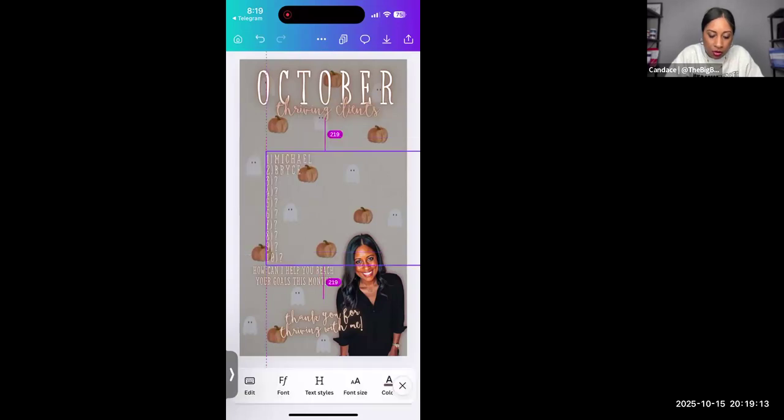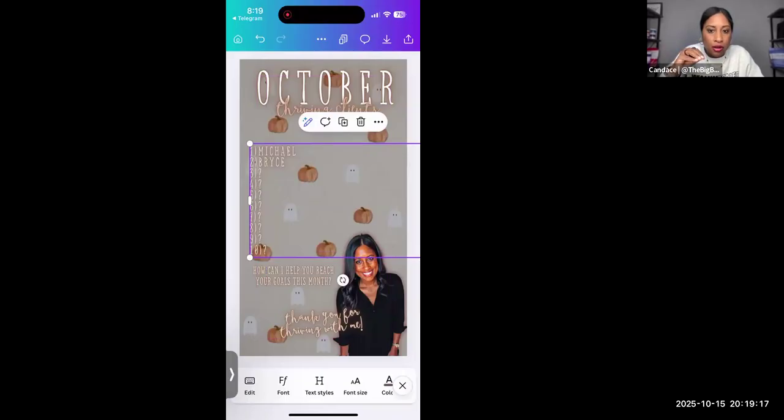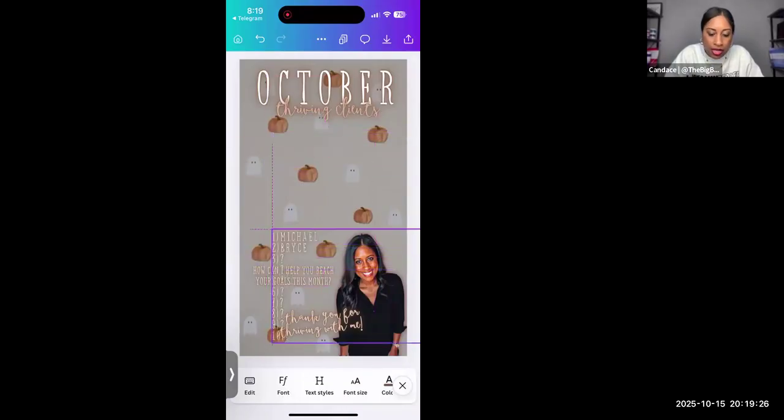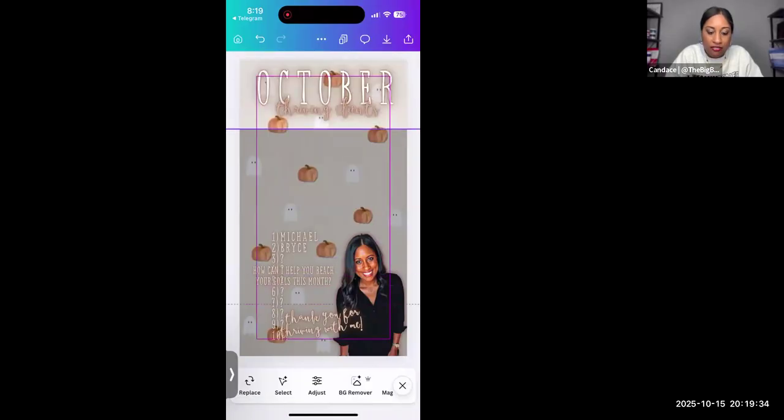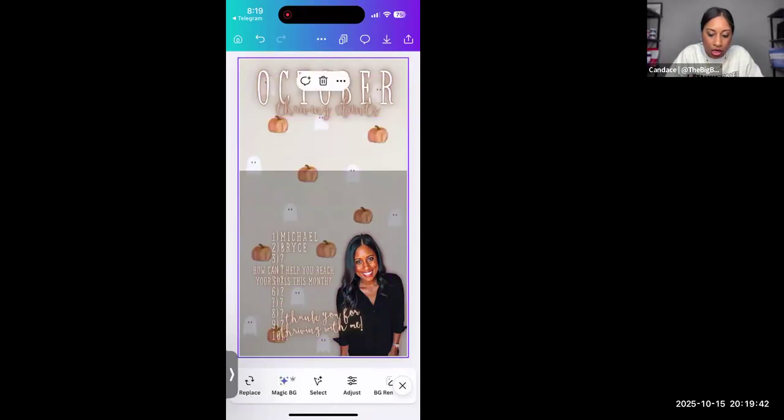This particular one, any element that's on here. Everything is an element, okay? My picture, the font, the background, everything's an element. You can just click on it, it highlights it, and you move it around with your finger. Same thing with this one. This is a multi-layer. So I always tell people to click somewhere on the picture first and move it around to see if it has something over top of it. Then just pull it down if it does. You don't have to take it all the way off. Then click on the back picture so that it